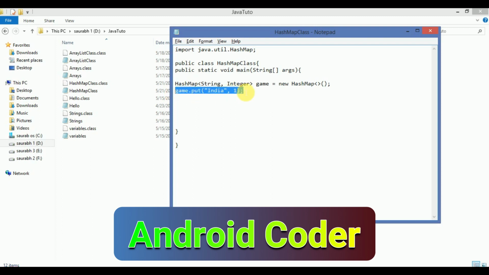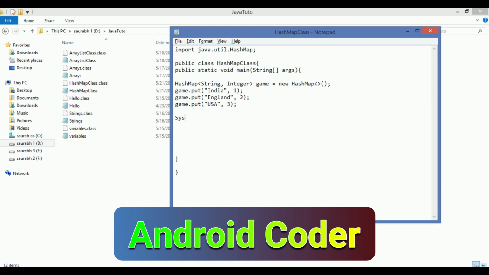Let me copy this and paste it twice and replace India with England and here with USA. Also change the values, 2 and 3.